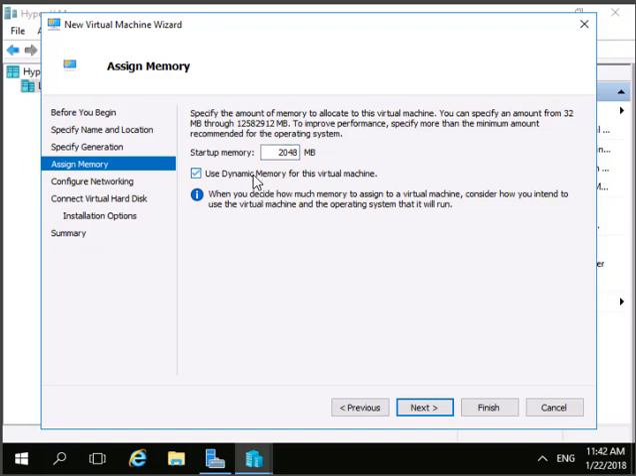And I would suggest that you use dynamic memory. With dynamic memory, your virtual machine can adjust how much RAM it will take from the physical machine. If it needs 200 MBs, it would use 200 MBs. It would not use straight away the 2 gigabytes that you have specified. So 2 gigabytes would act as a limit in this case. So it is recommended